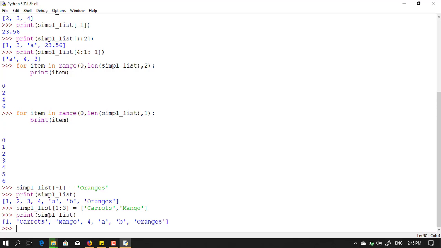Okay. Since we can modify lists after they are created, we call them mutable. Okay. Because keep remember, lists are mutable. Some Python data types are immutable, meaning you cannot change them after creating. Immutable means if you created any collection, then you cannot change them, and mutable means you can change them anytime. Okay, so